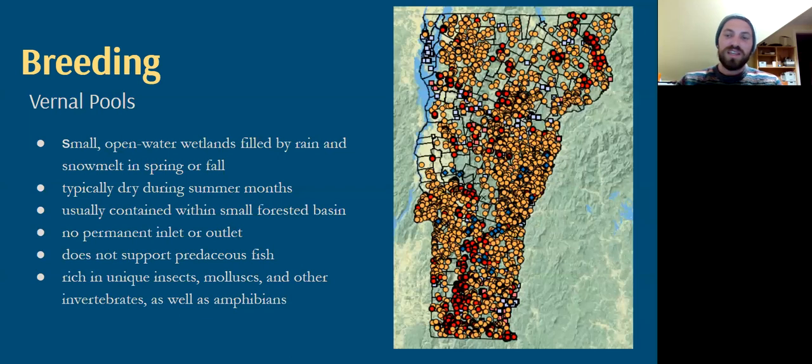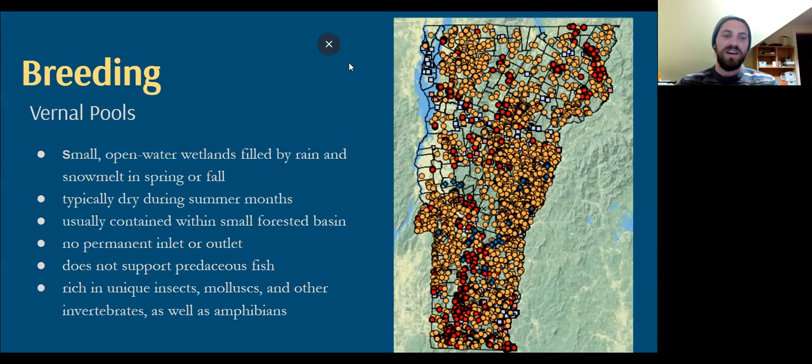So the real star of amphibian breeding is the vernal pool, and there are a lot of different definitions for them, but the one common between any place that you'll learn about them is that they dry up sometimes. It could be every year during some point in the summer, or it could be every couple of years. But the important part is that they dry up, which would kill all the fish. If your pool is drying, you don't have fish. If you don't have fish, you're an amazing place to live and reproduce as a frog or as a salamander. They're also rich because of that in a lot of different things: insects, fairy shrimp, fingernail clams, and because of that, they're phenomenally important